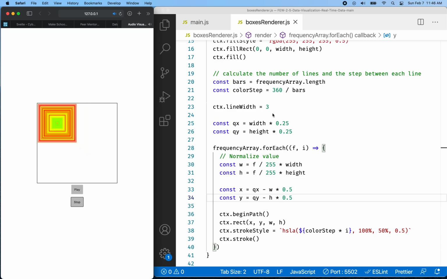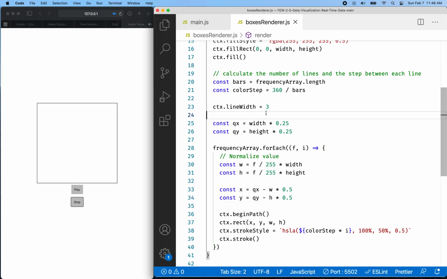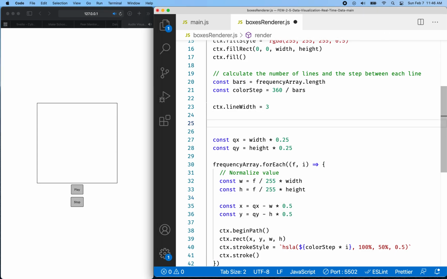So that means that the height and width of the box can't be more than half the height and width of our canvas. So let's do this. Let's say const half height. Let's do half width equals